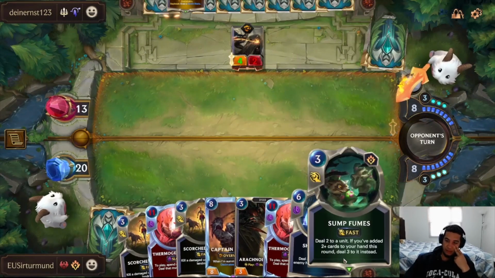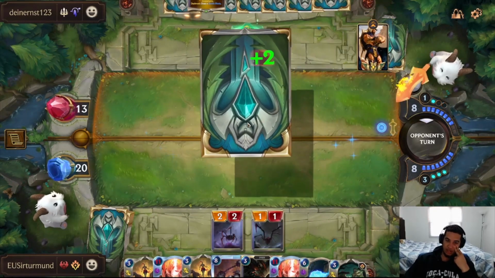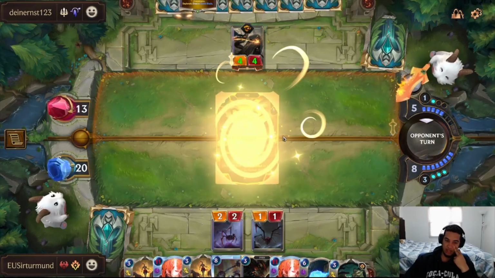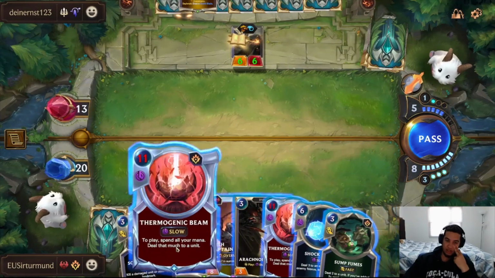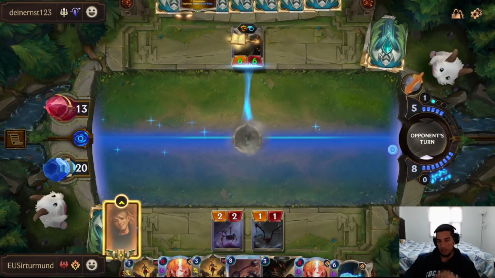We get the Sun Fumes that we needed. Yeah, so the Scorched Earth, we have been getting punished by the Guiding Touch. Opponent's just trying to level up Pantheon at this point, right? We have 2 options. We can do the Sun Fumes right now and then do the Scorched Earth, which I think is completely valid. Opponent really used